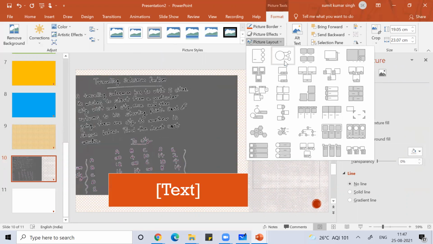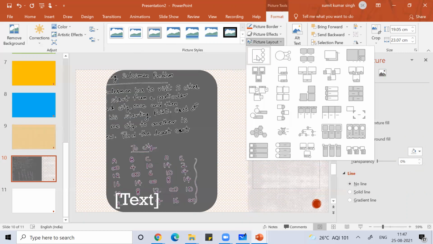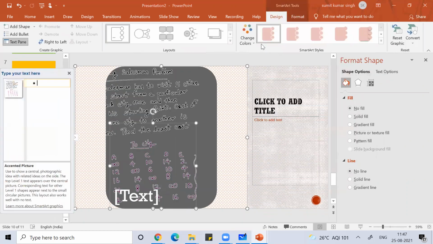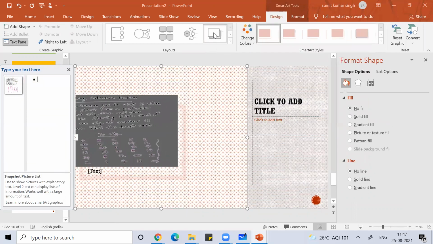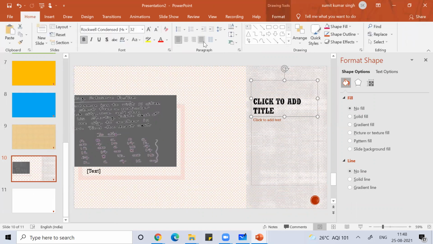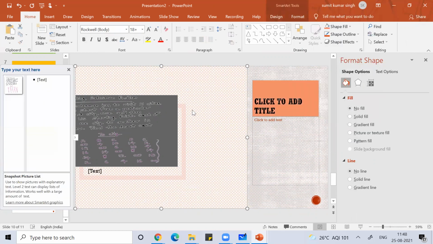Then picture border and picture layout, how you want the layout of the picture. All of this you can learn by yourself.